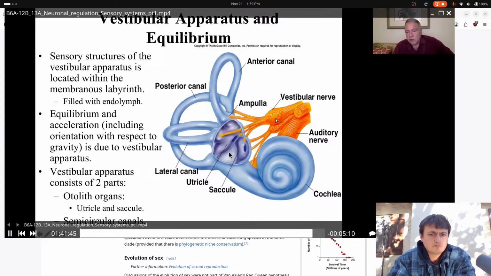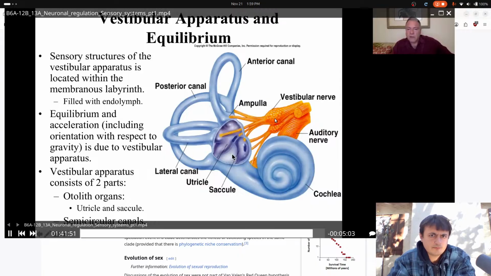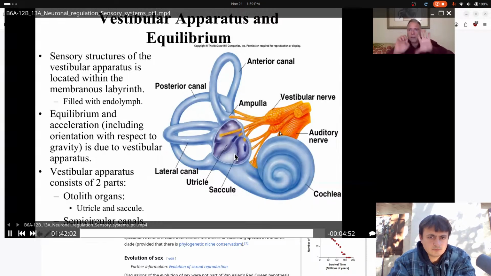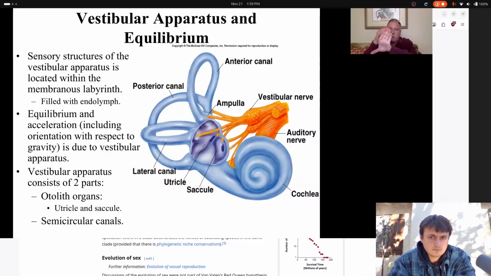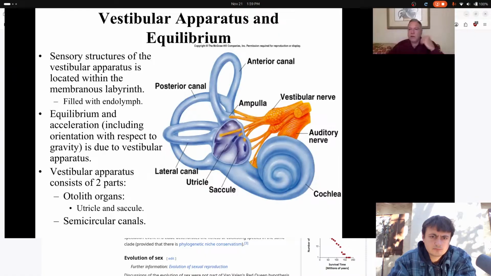Because it's an inertial system. For example, you have these little rocks in your head called otoliths, and if they're sitting on the hair cells down here, gravity is pushing that way. If you turn your head, then now the rocks are over there and they're hitting the cells over here. So you can tell the difference of gravity. And then if you accelerate, then inertia is going to push the hair cells the other way. So if you hit this way, inertia pushes them back. You can tell acceleration. And so you can tell linear acceleration in the saccule system and then angular